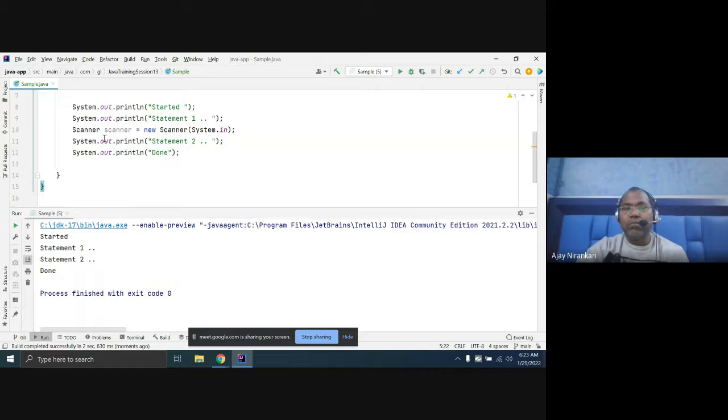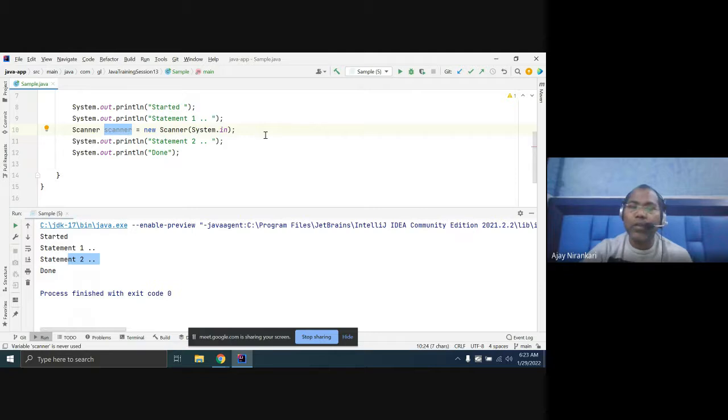It printed started, statement 1, 2 and done. But here I want something read from input, and that doesn't happen because we are not using any next method to get input.